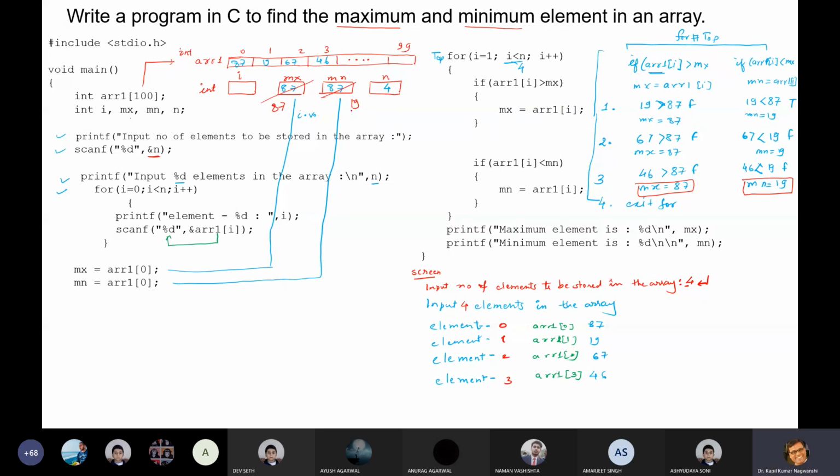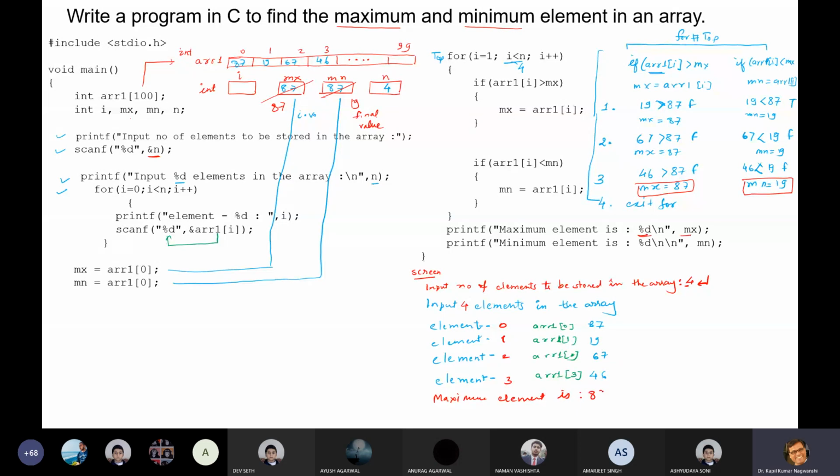Blue is the initial value and red is the final value. Okay. So this is the final value. Now this will execute. So what will be printed here? Maximum element is colon %d, mx.